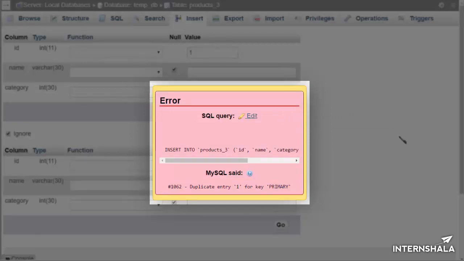Let's take a moment to see what happened here. Basically, we have defined the ID column as primary key, so it cannot contain repeated values. When we try to give ID as value 1 once again, the row can't be added as such. So what do we do about this? Every time we add a new row, we should take care of assigning a different number. But this is not possible practically.